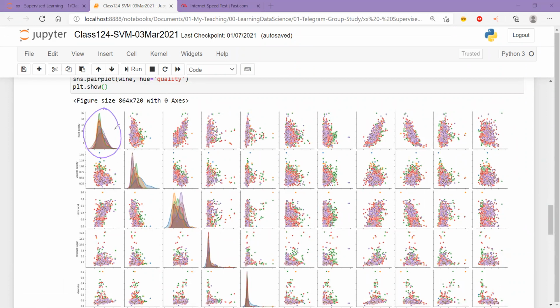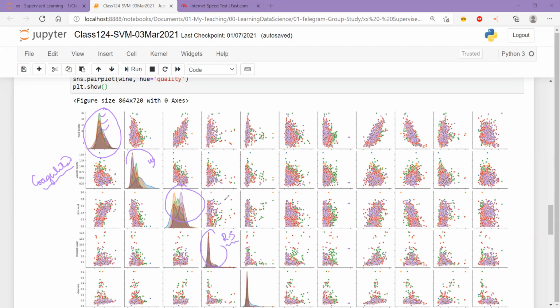Look at these distributions. You can clearly see each and every color is representing one class over here, right? That's the objective, but they are really overlapping. They are very much coagulated with each other, which means there may be some relationship, but it is coagulated. There is a lot of coagulation. Even in this case, there is a lot of coagulation. In this case also, irrespective of the fact that this is right skewed, there is a lot of coagulation.